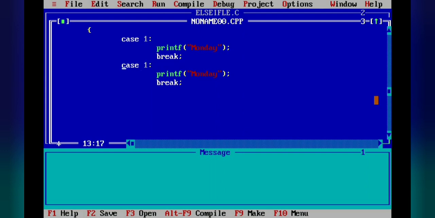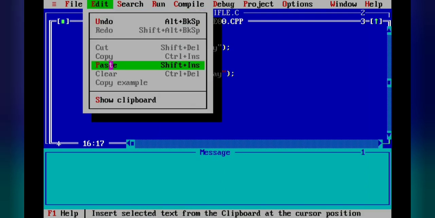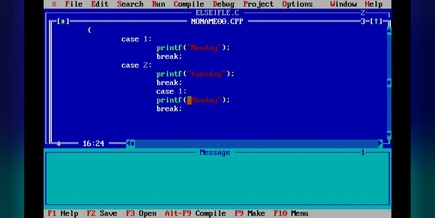Here we will change the value to case 2, and instead write Tuesday. Now again go to edit and paste, or shift insert you can use that. So now case 3, and next is Wednesday.